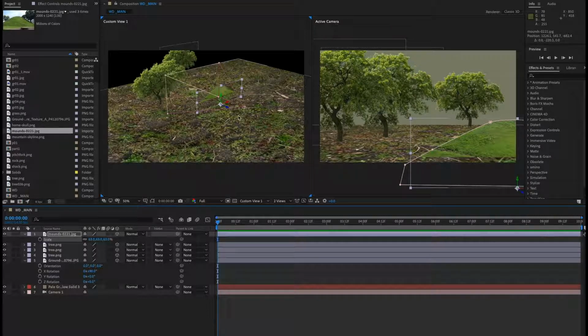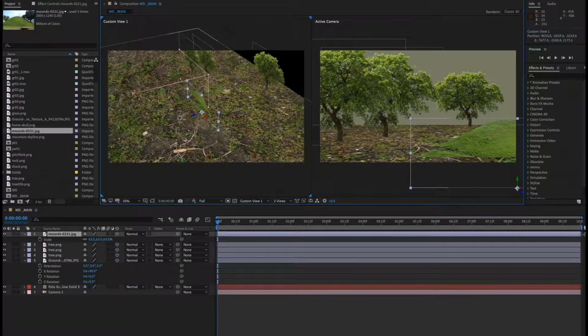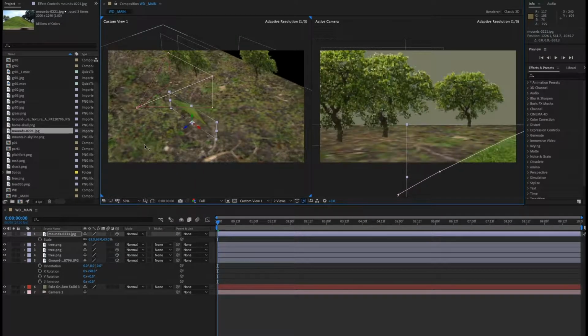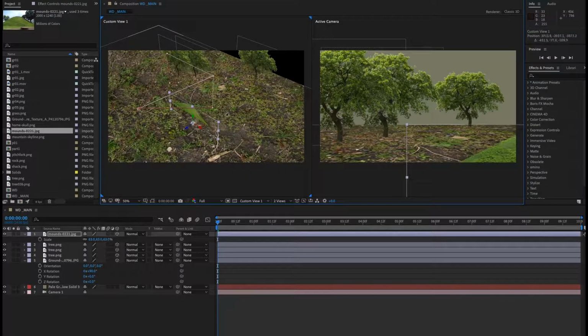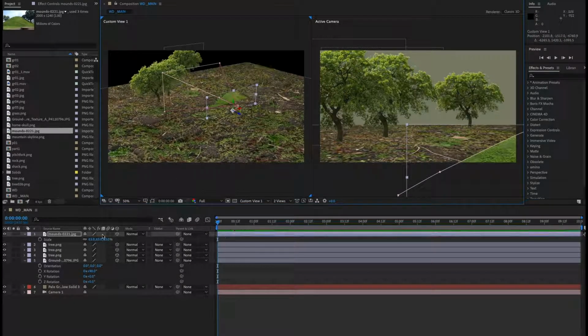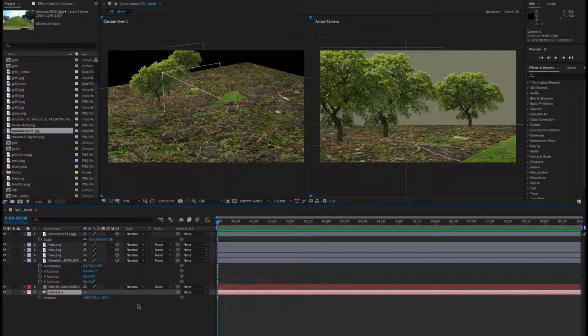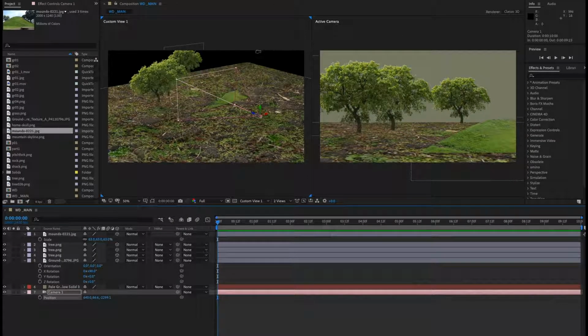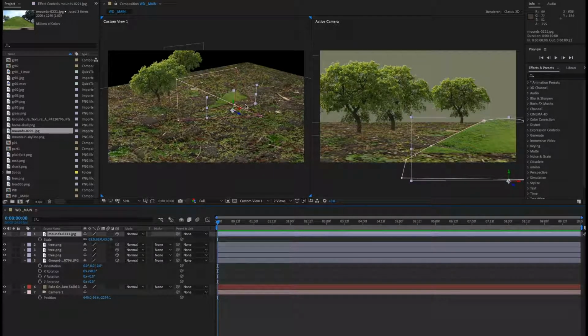Okay, so here we sort of see our layout. If I rotate around here, I'll move this forward just a little bit, and let's take a look. Let's move the camera back just so we get everything in the shot here. Okay, so that's not too bad. We've got the mound kind of creeping in, and what I will do